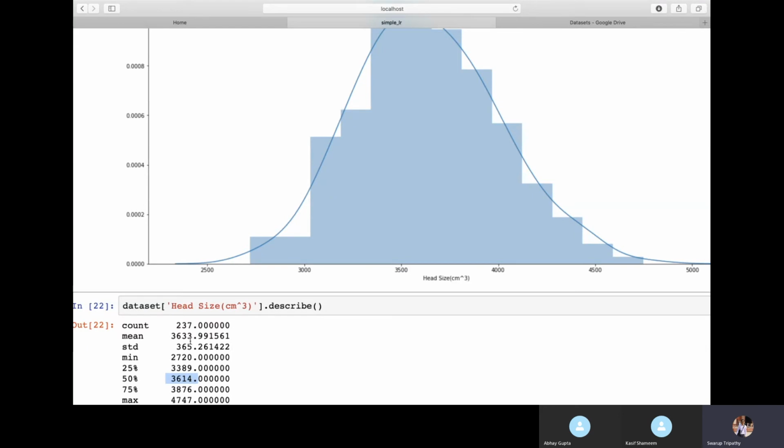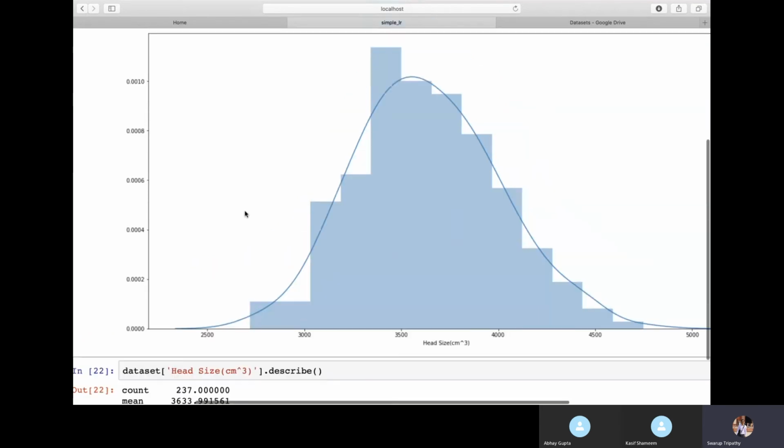So when the data is positively skewed, the mean will be higher. When the data is negatively skewed, then the median will be higher. So here we will say that this is positively skewed. Positively skewed means we have more data on the lower part.